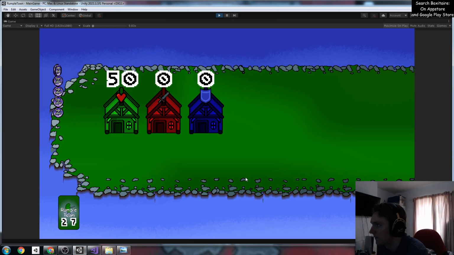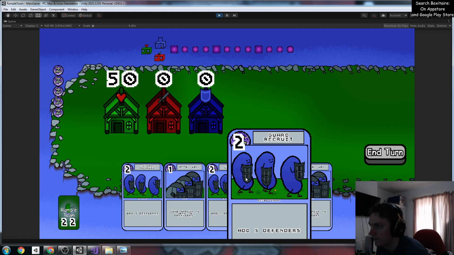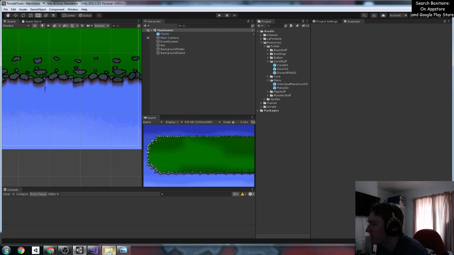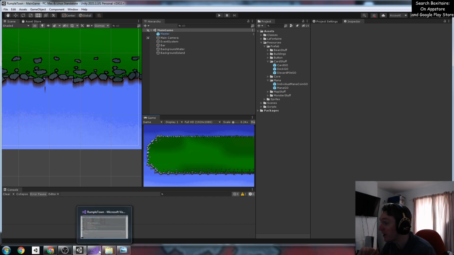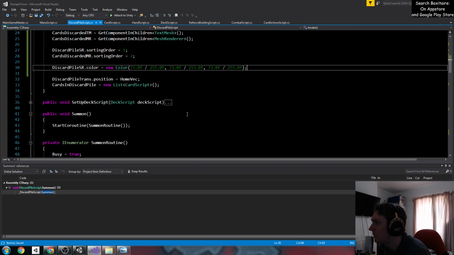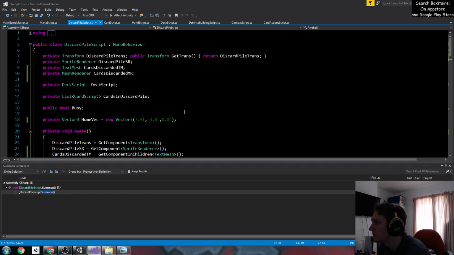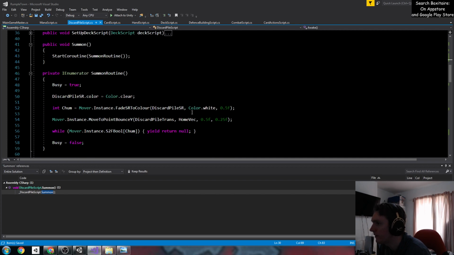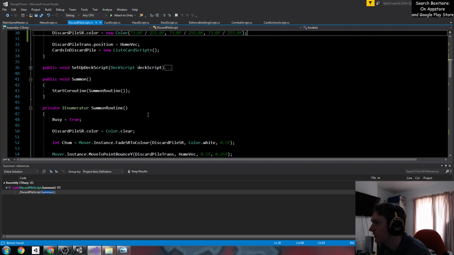Okay. No, it hasn't, because I have probably changed the colour at some other point. Yes, and I know exactly why. That's fine, because when we're actually summoning, we're fading it into white. So what we're going to do instead is...